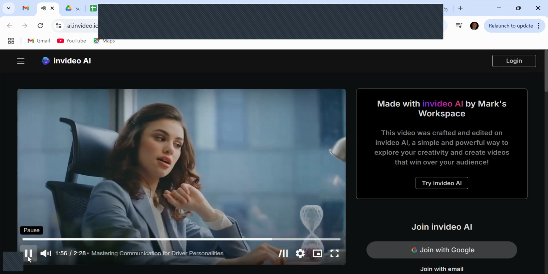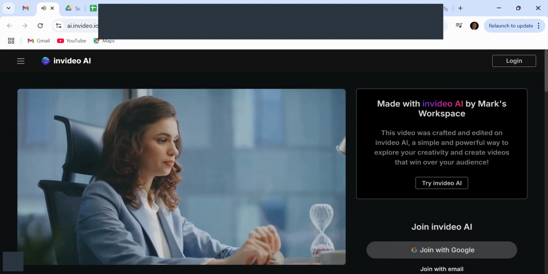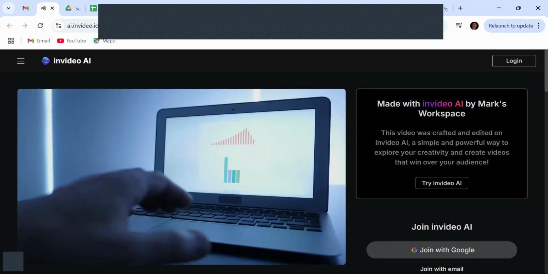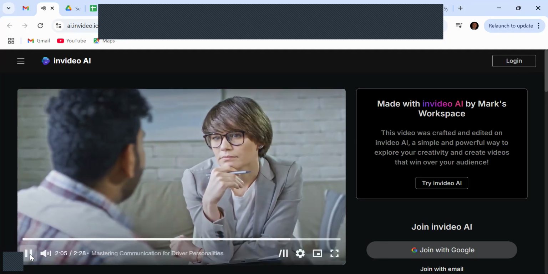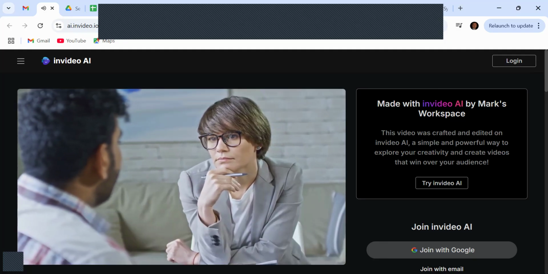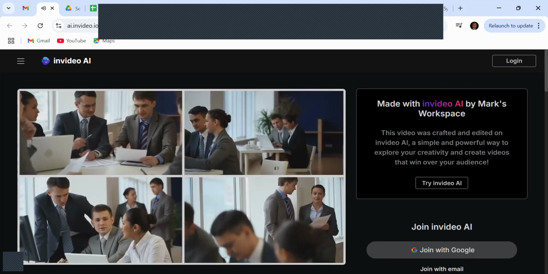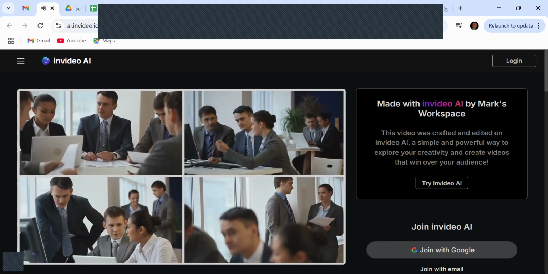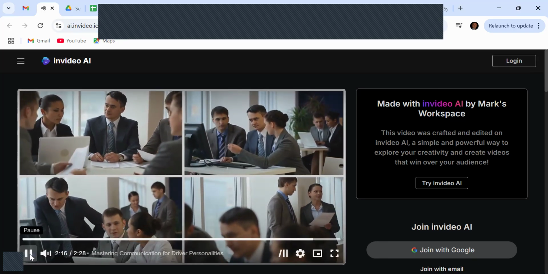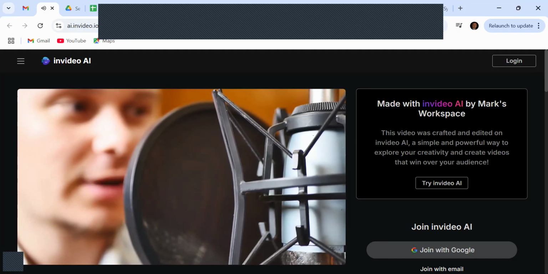In conclusion, mastering communication is all about balance. Leverage our strengths, but be mindful of our weaknesses. Take the time to listen deeply, avoid overpowering others, and ensure alignment in our conversations. By doing this, we'll not only become better communicators, but also build stronger, more effective relationships with our colleagues. And that, my friends, is a skill worth mastering.